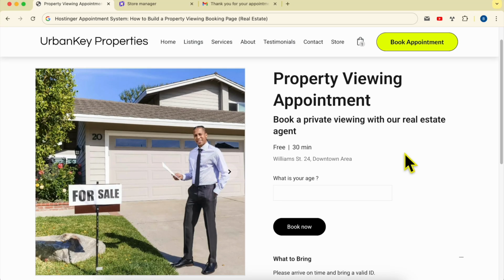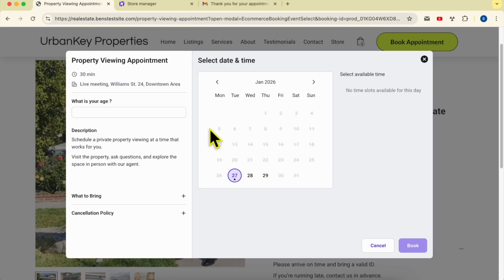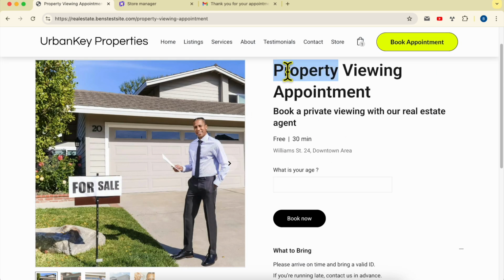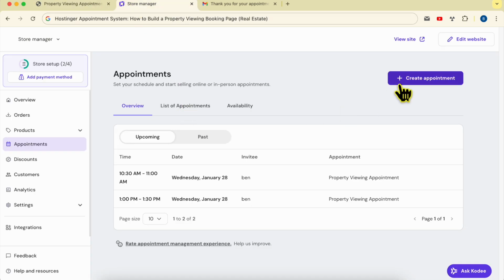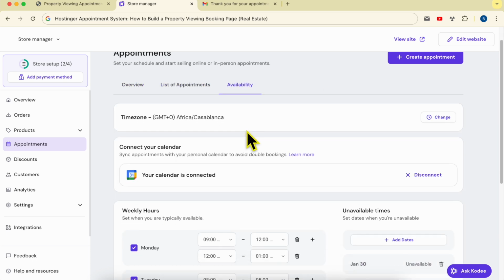Welcome to dotcom builders. In this video, I will share with you how to set up an appointment booking system in Hostinger website builder. I will show you how to create one for a property viewing appointment that is useful for real estate persons. First, I will show you how to create an appointment in Hostinger,